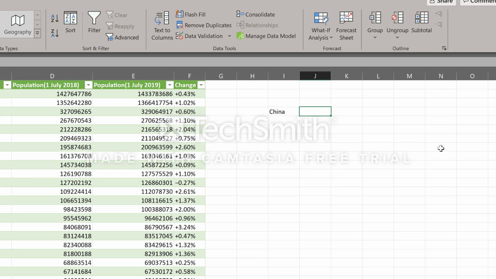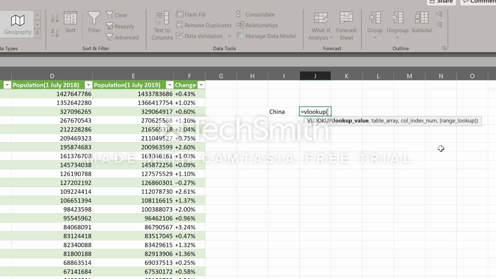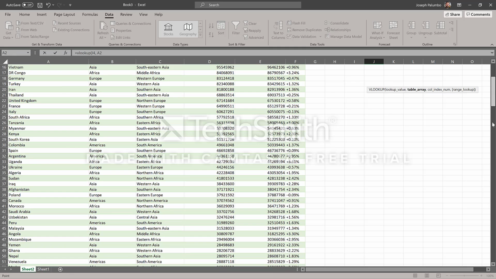So, of course, anytime you're using a function in Excel, we start with the equal sign, VLOOKUP. And of course, it gives us the criteria here. So we're going to use the lookup value, and in this case, our lookup value is going to be the value in I4. The table array: we need to tell Excel what chunk of data it needs to look at for the corresponding value. In this case, the chunk of data is going to be from A2 all the way down to